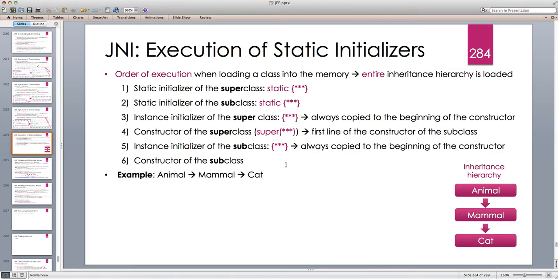So if we want to load the dynamic library into the memory, it's best to put it in the superclass static initializer, because even if we instantiate the superclass or subclass, we are sure that that dynamic library is loaded into memory. I mean, there are also other ways that we discuss as we progress in the course, but this